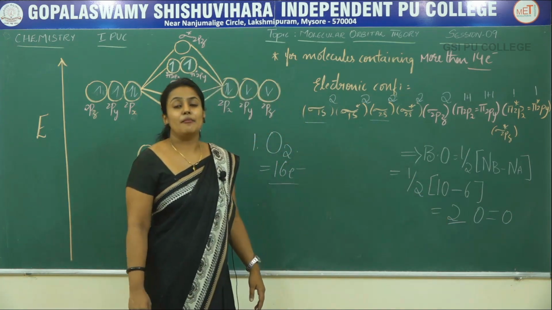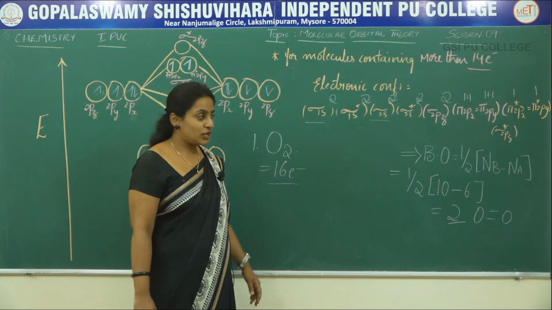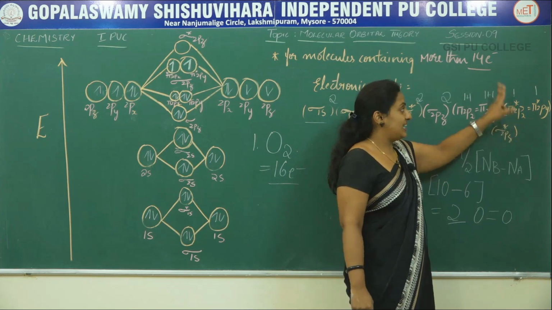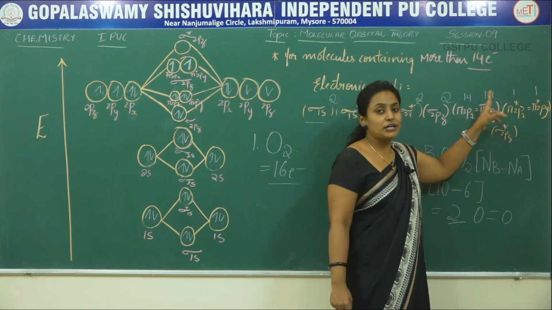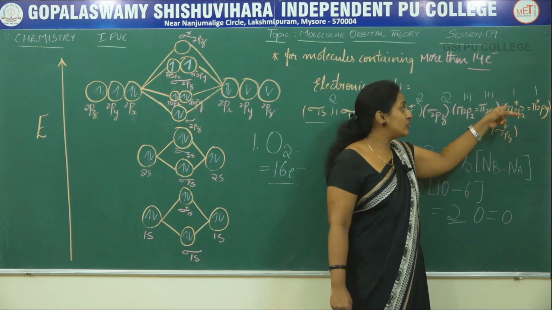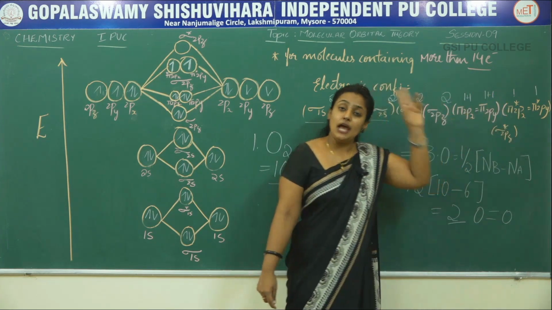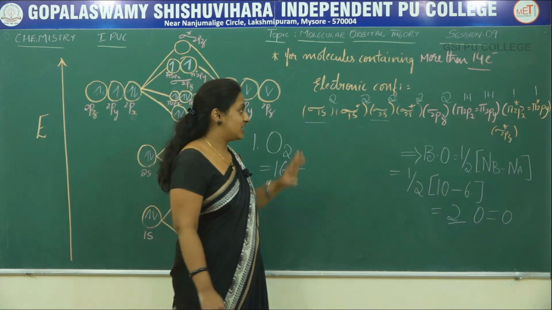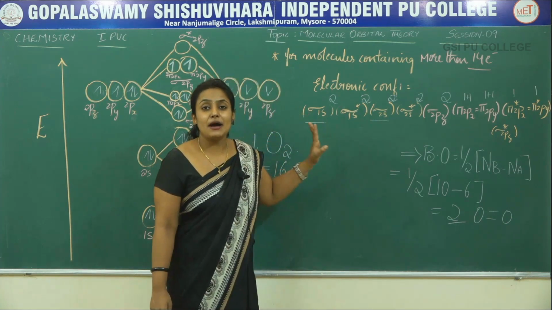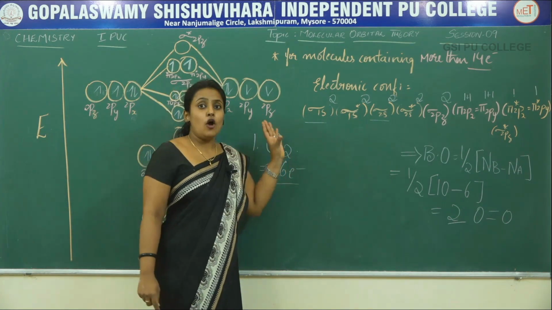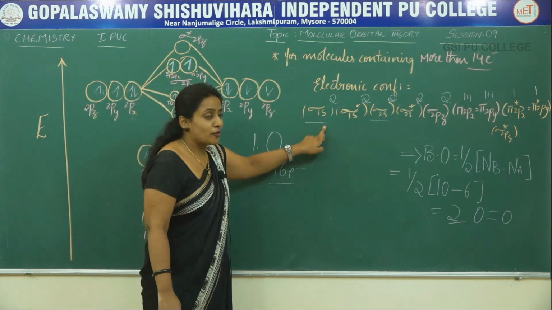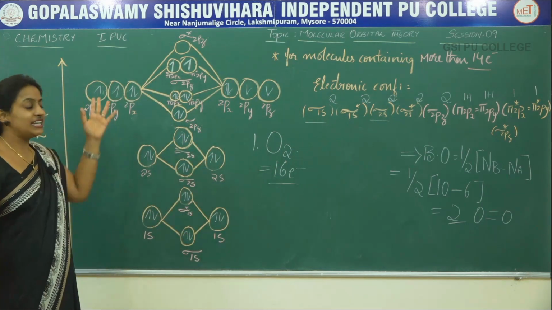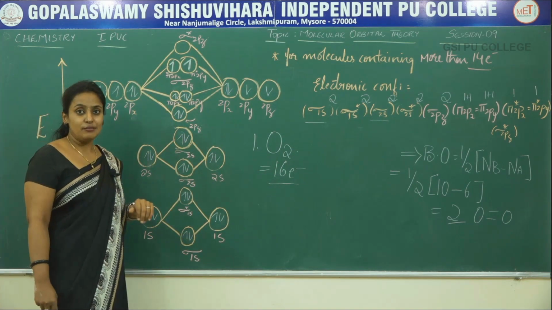Now we should calculate the magnetic nature of the oxygen molecule. You can observe here the last valence shell molecular orbital contains 1 electron. For a complete orbital, we need 2 electrons. But here how many are there? One electron. That means it is an unpaired electron. That means the magnetic nature would be paramagnetic. The oxygen molecule is paramagnetic in nature. This is about the oxygen molecule, its molecular orbital configuration, its bond order and molecular orbital diagram, and finally the magnetic nature of the oxygen molecule.